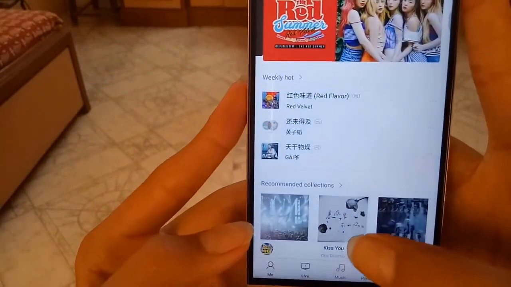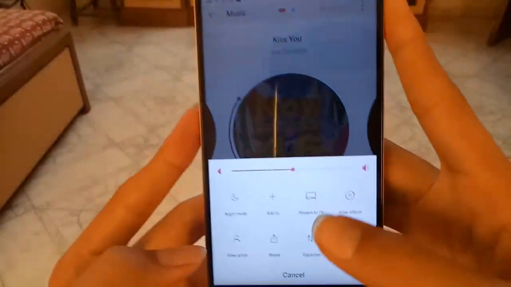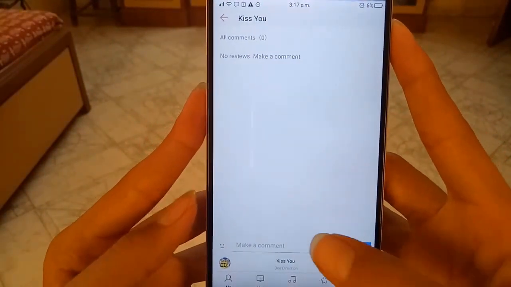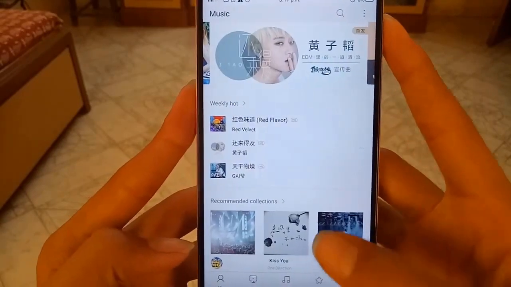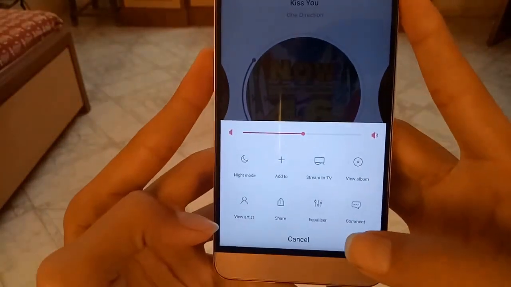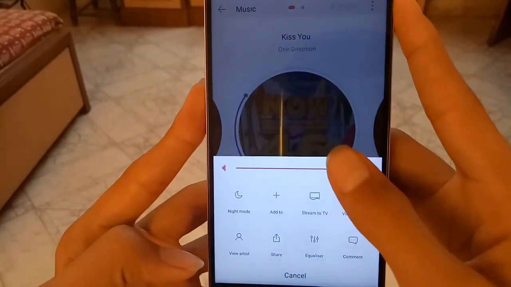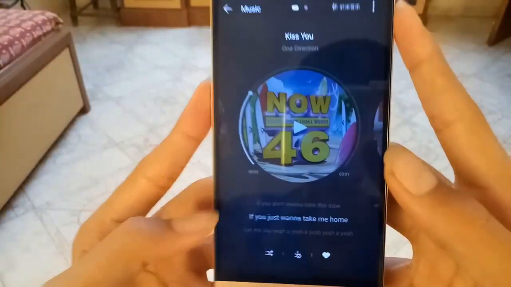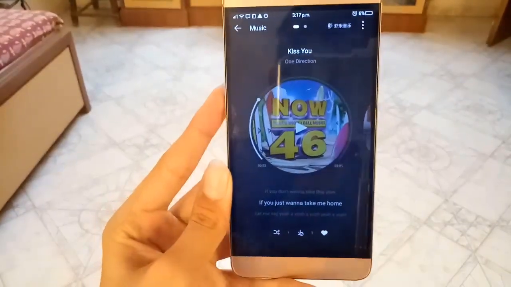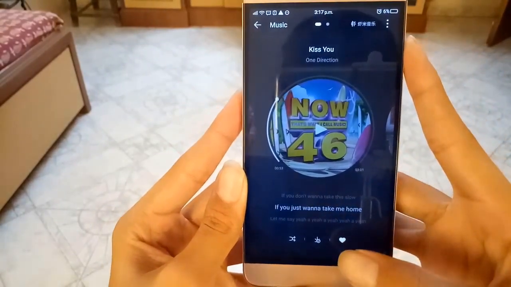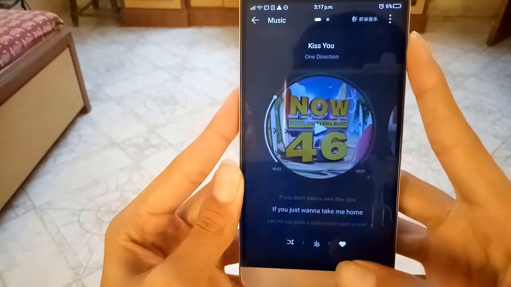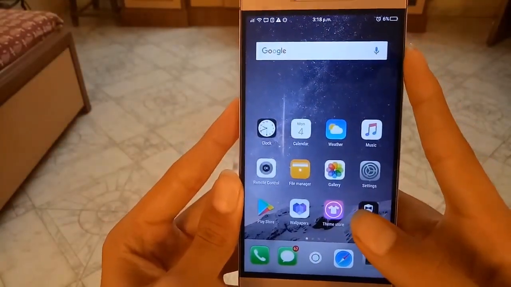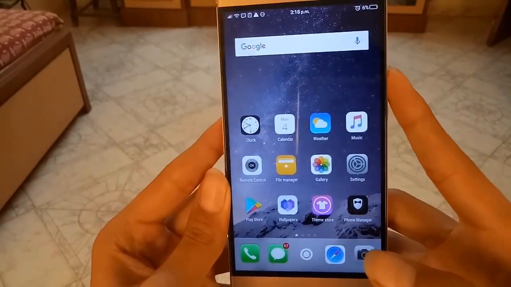There is also a comment option given here, which means if you have heard a song and you want to comment on it, you can just comment, and other people who hear the song will get to know about your review or your comment. Moving ahead, when you open the options section, you get the music's volume slider, so you can adjust the volume of music easily. And near it we get the night mode. When you click the night mode, the theme changes to black, meaning the background becomes totally black and reduces the stress on your eyes.